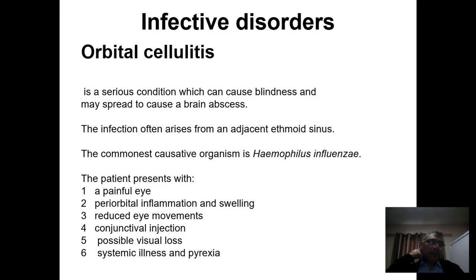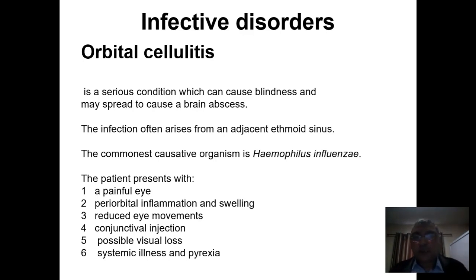The second group of orbital diseases: infective disorders. We have orbital cellulitis. It is a serious condition that may cause blindness and may even cause death due to spread to the brain and development of brain infection or brain abscess. Infection in orbital cellulitis usually arises from the adjacent sinuses, especially the ethmoidal sinus, which is adjacent to the medial